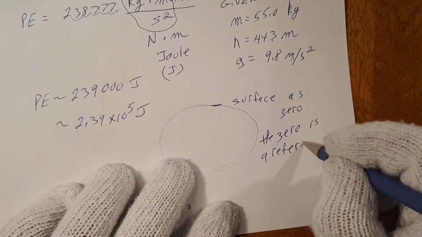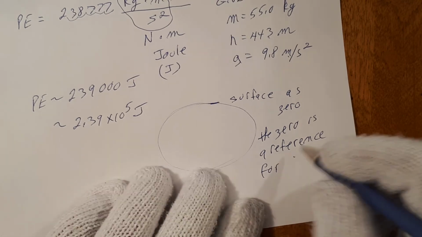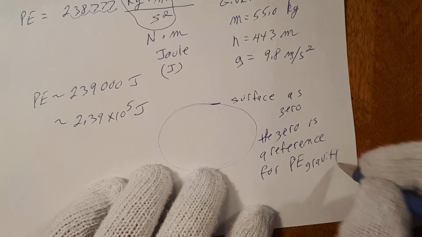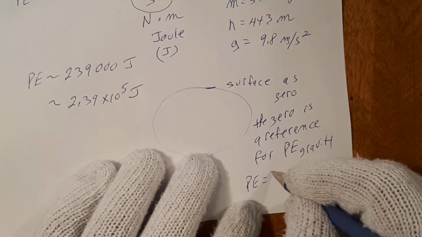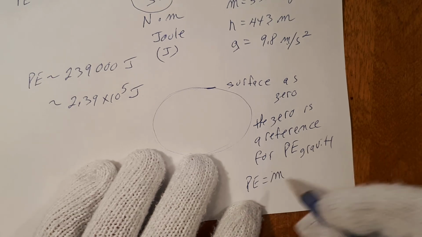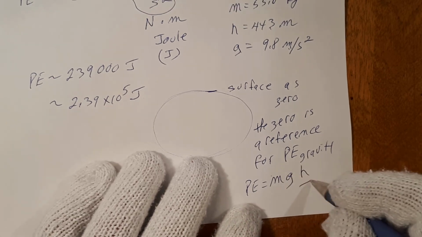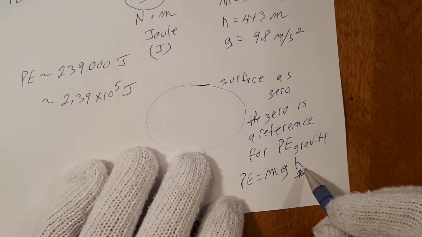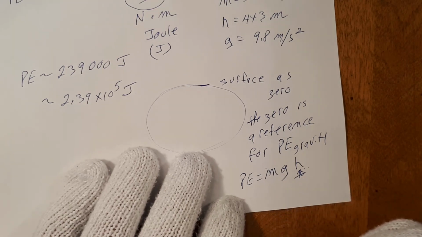Is a reference for gravitational potential energy. And that is the term H. Equal to, the mass is a constant. Gravity is a constant. That H, well, that is with reference to the 0, which you determine as to where you want to calculate your potential energy. And with that,